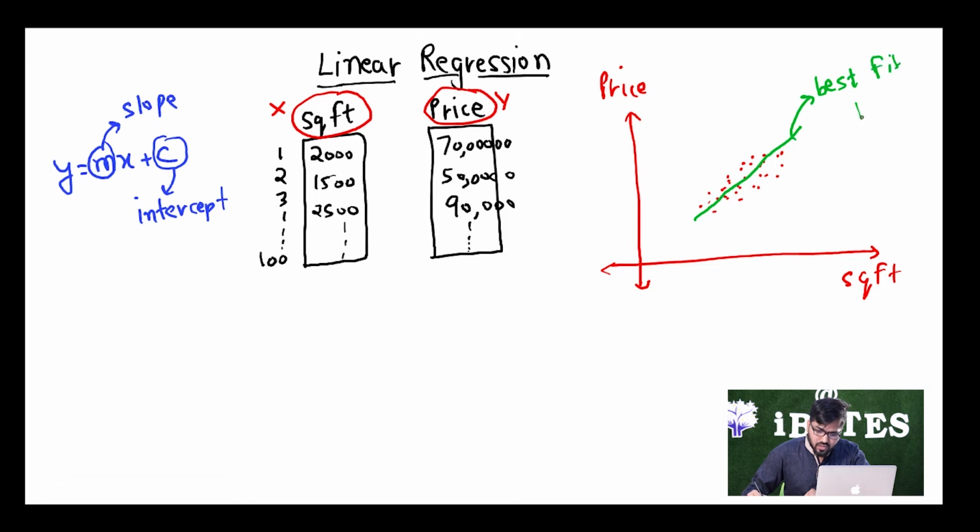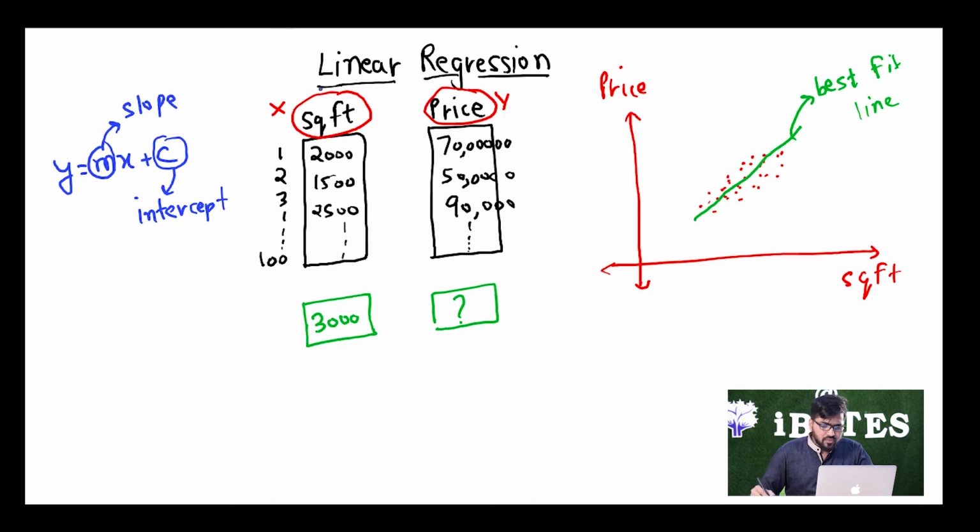Just assume that we are able to find the line somehow. Don't worry about how we are exactly going to do it. Right now just focus on the fact that we have found the line and on what we are going to do with it. Let's say after some calculations we are able to find the line, and this is the line which I have already made, and this is my final line. Now in future some person comes to me and tells me that he has a house of, let's say, 3000 square feet. At what price should he be selling his house?